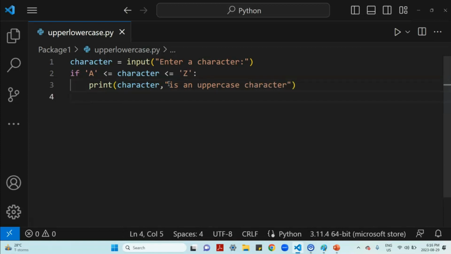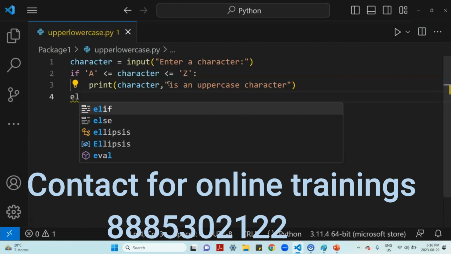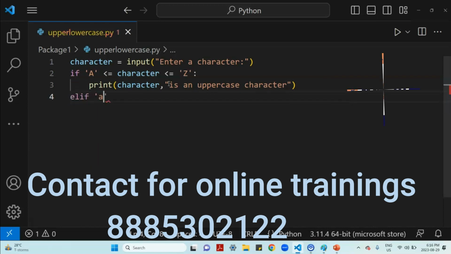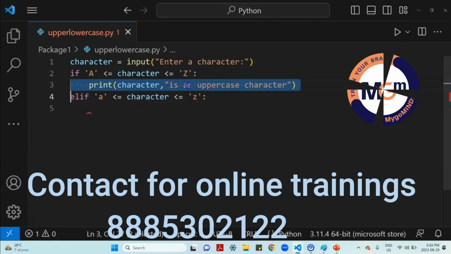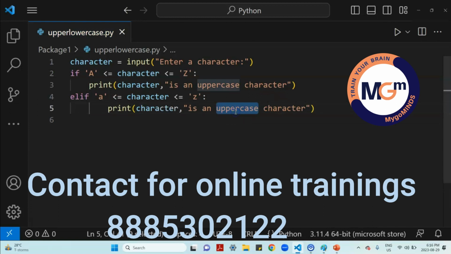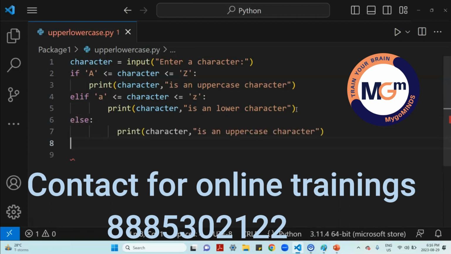Okay, so now elif, in order to check small alphabets, right? So small a less than or equal to character less than or equal to small z. So then what I wanted to print, if it's a lowercase, means small letters, right? So just lower. So if not capital, if not lower, then what? Then I wanted to print is not